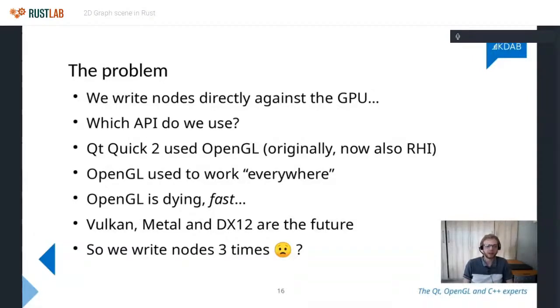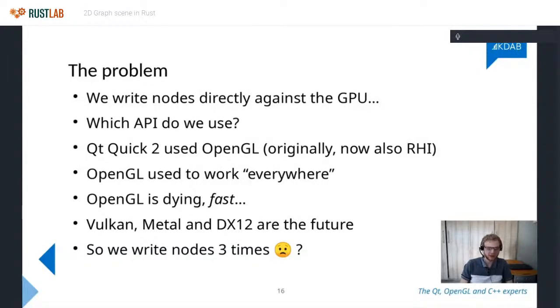Now, Qt has actually recognized this. So in Qt 6, for instance, Qt Quick isn't built on OpenGL anymore. Qt have created their own thing called RHI, which is basically a translator from its own API into Vulkan, Metal, or DirectX, or even OpenGL. So even they have actually moved on. But RHI is very much a Qt only thing. It's not a public thing you can use, and it's very much optimized for their use case. So yeah, we're not going to look further at RHI.